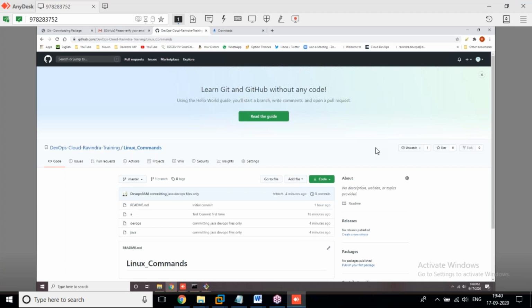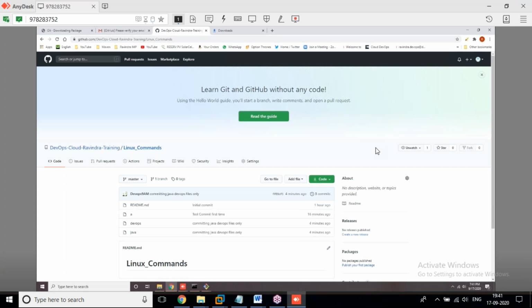But my question was, can I use some other username and password to commit and push to this repository, like you used this username, DevOps Cloud Training? No. If you want to push to this repository, you should have the original username and password.